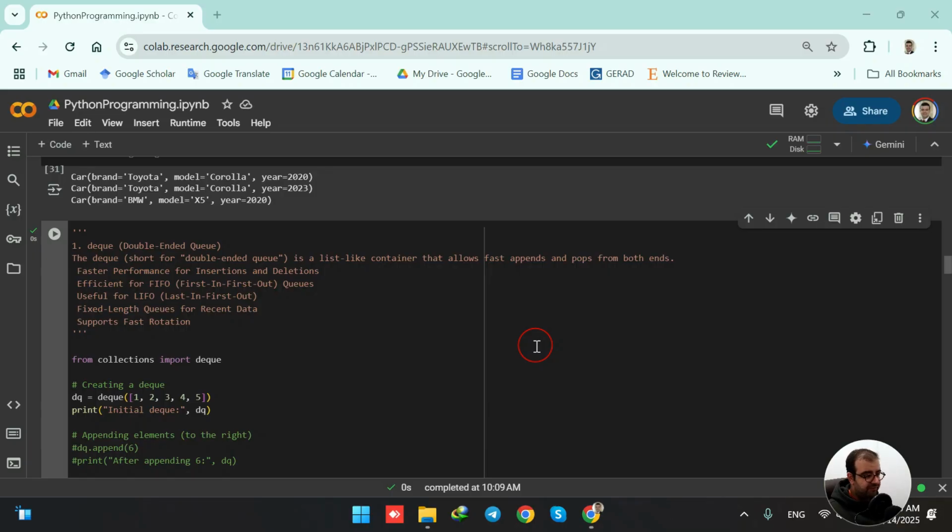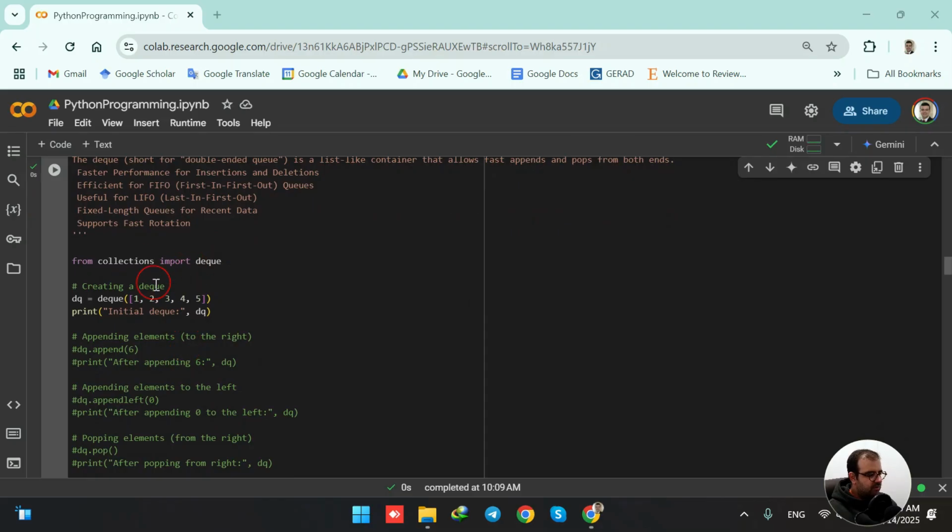They are efficient for first in, first out queues and also useful for last in, first out systems. And they have fixed length queues for recent data and they support fast rotations. But what these things mean, we're going to dive now into the code to see what these things are that we are talking about. In order to use deque, we are going to have the deque being imported from the